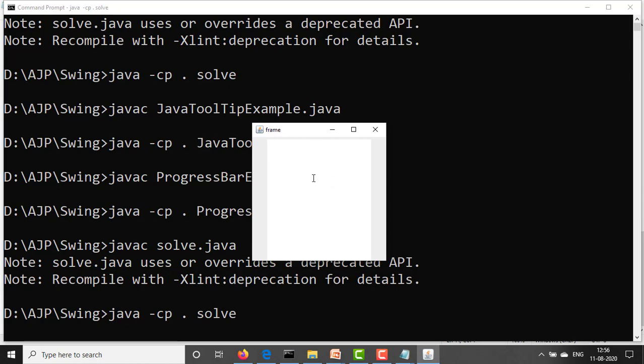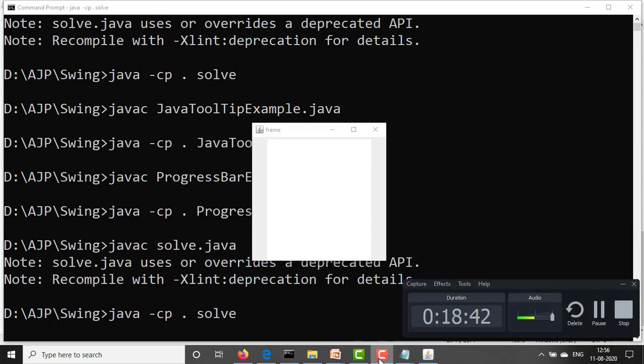Whenever our mouse is over here, this is a text area, and this window is the tooltip for this text area. Where the mouse is over, that tooltip is displayed, and this is called the tooltip.